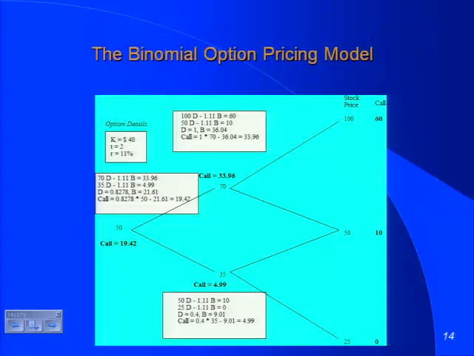So now I can move back all the way to today. I go back to today and I set up the same process. How much do I need to buy of the share? How much do I need to borrow to end up with $33.96 if the stock goes to 70 and $4.99 if the stock goes to 35? Now do you see why I have to start at the last node and work backwards? It always has to be the end node working back once.